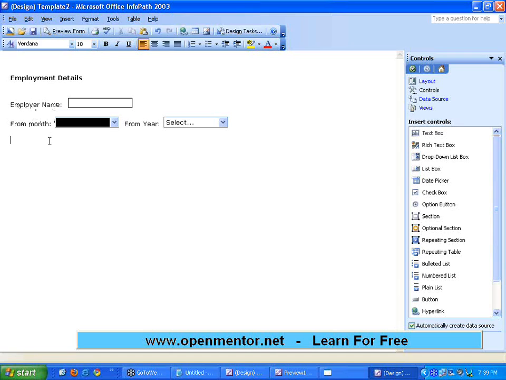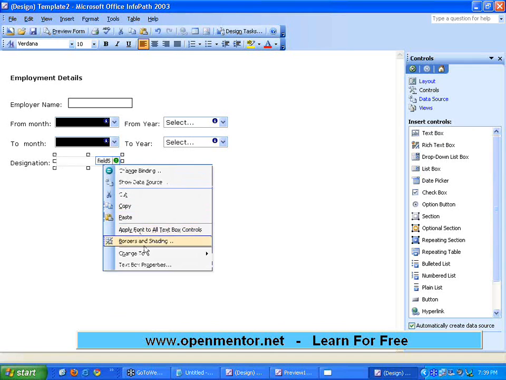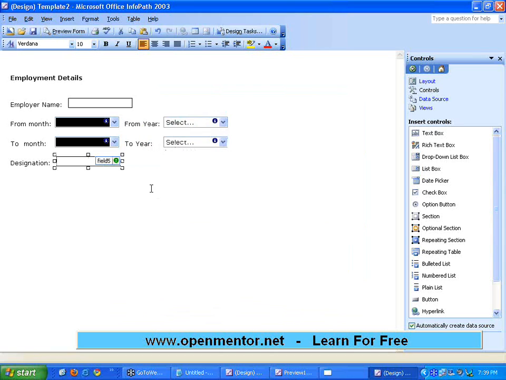You can do that. Same way, now I can cut and paste, exactly like our Word document and other stuff. One beautiful thing is the cut and paste, okay? Now I'm going to align these two, from year and then to year. So for the employer, I want to give this, then designation, okay? Designation I want to give as a text box. Okay, again for this, right click, borders and shading, right? After the designation, sorry, I think I have not selected that. After designation, I want to give